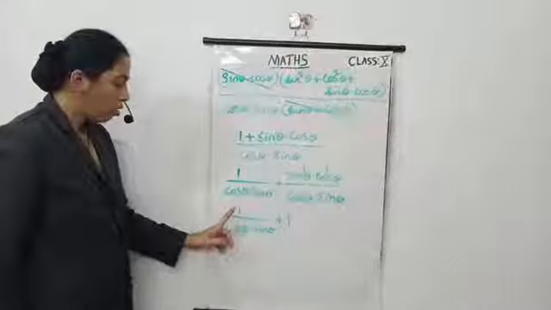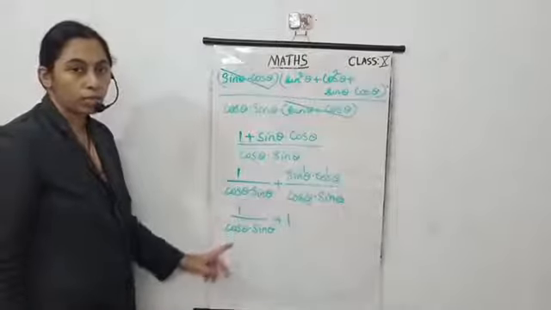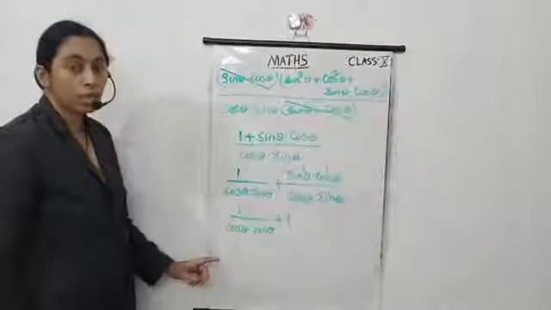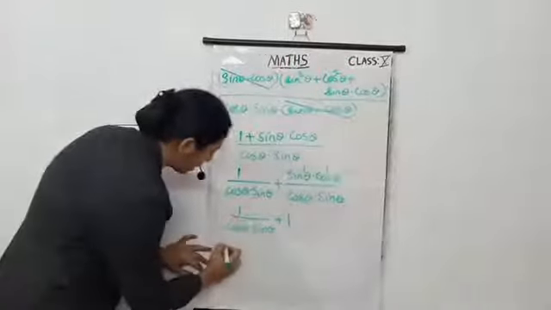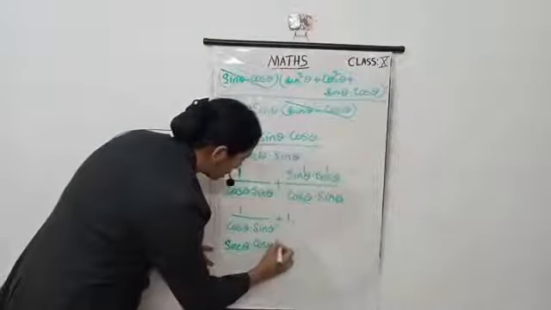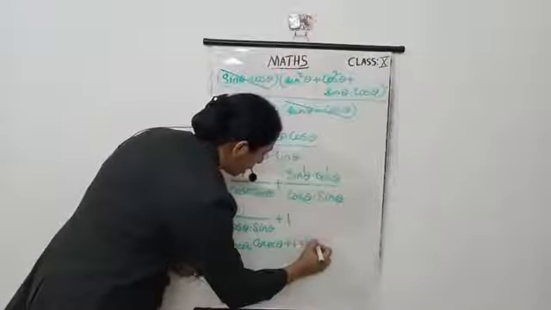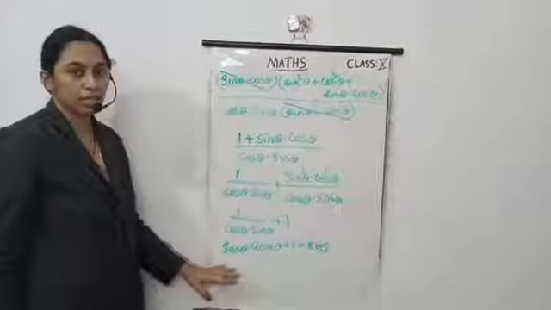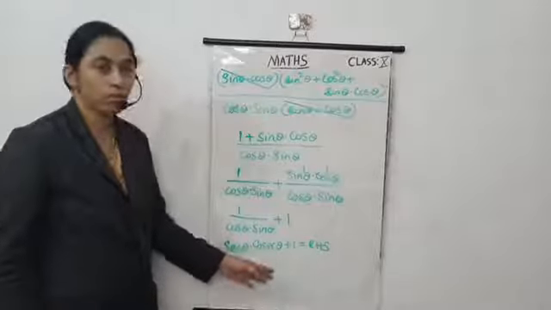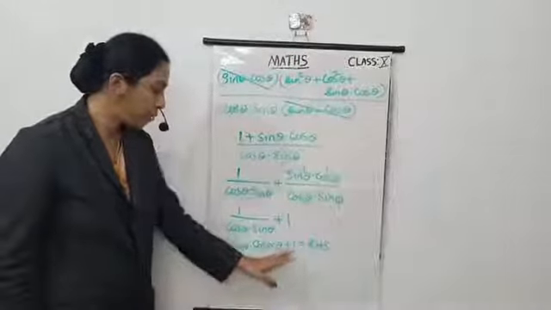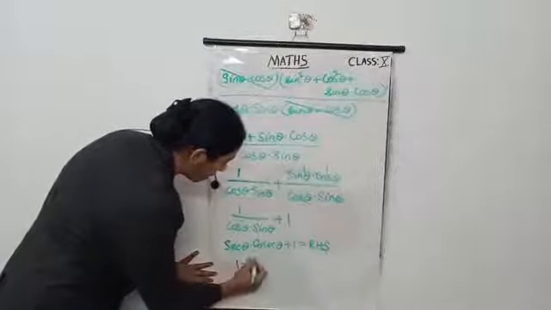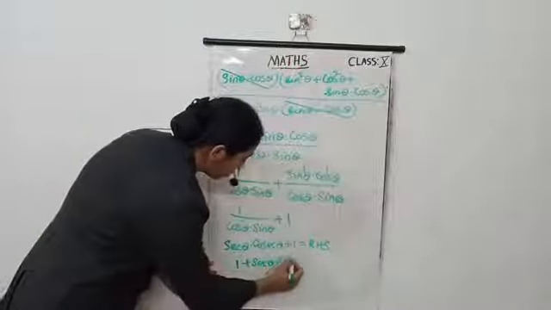Now consider 1 by cos theta. 1 by cos theta is sec theta. 1 by sin theta is cosec theta. So we can write this as sec theta into cosec theta plus 1. This is the RHS. So we get the answer. In the question, the given RHS is 1 plus sec theta into cosec theta. No problem here, anywhere 1. Here this is plus. So we can say this is also 1 plus sec theta into cosec theta.